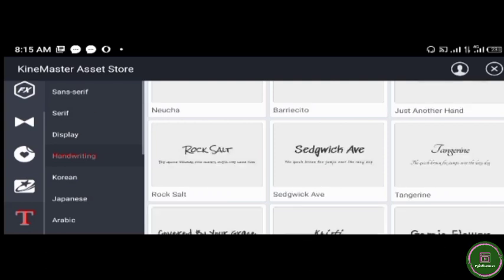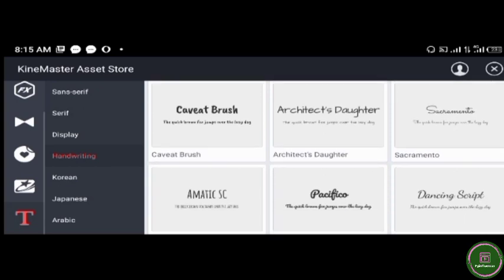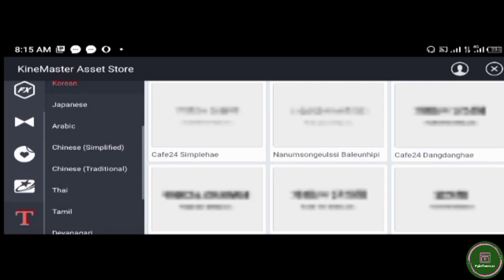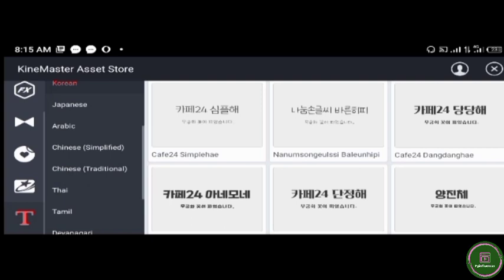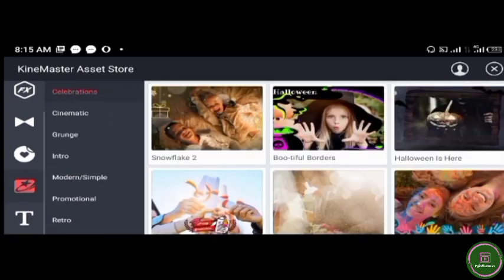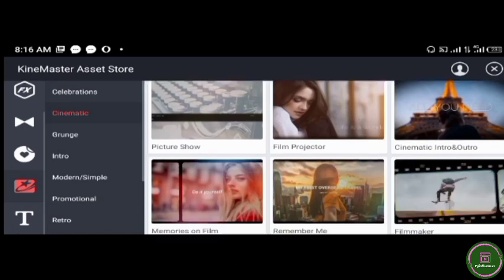If you need a handwriting effect and font, yeah, you have different kinds of fonts which you want to use. You come to Korean, Japanese, Arabic, serif, any kind of font you need, they are all here. You want Chinese traditional, Chinese simplified, all texts are available here which you'll be able to use for free. Then when you come to the next one, you can use cinematic effect right here, which allows you to make use of their